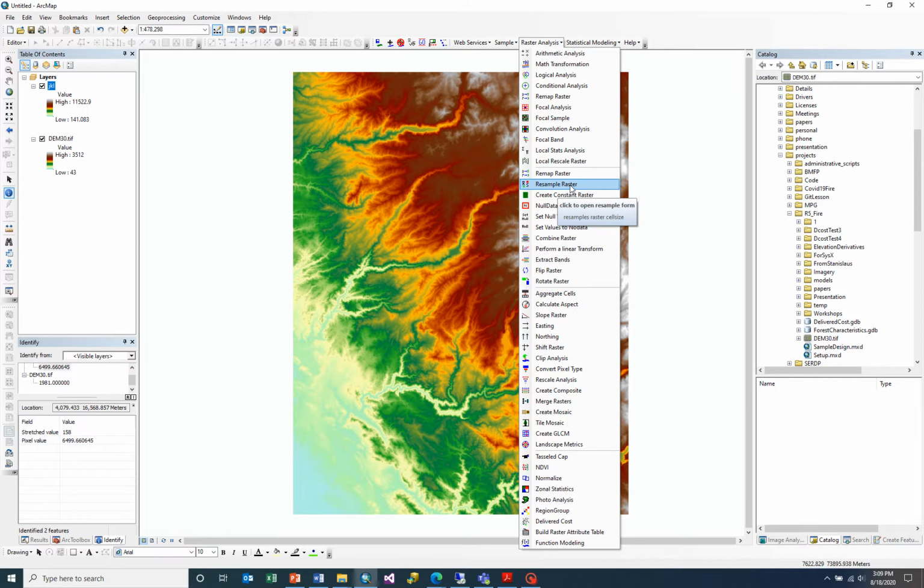We can resample rasters, change their grain size, remap rasters, create constant rasters so that we can do multiplication with any other surface. We can set null data to value. We can actually set the null values here, set values to no data. So we have lots of functionality here with basic raster manipulation, combining rasters, performing linear transformation, extracting bands, flipping, rotating,